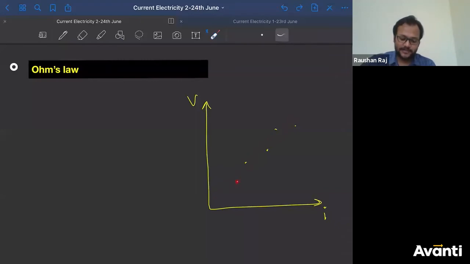You might have got points like this, कहीं इधर, कहीं इधर, कहीं इधर. And your teacher would have told you that no, it should be a straight line. But no matter how many times you repeat this experiment, you always get this kind of dotted line. Tell me, why do you get this kind of dotted line? Why don't you get a direct straight line? However, it should be a straight line.